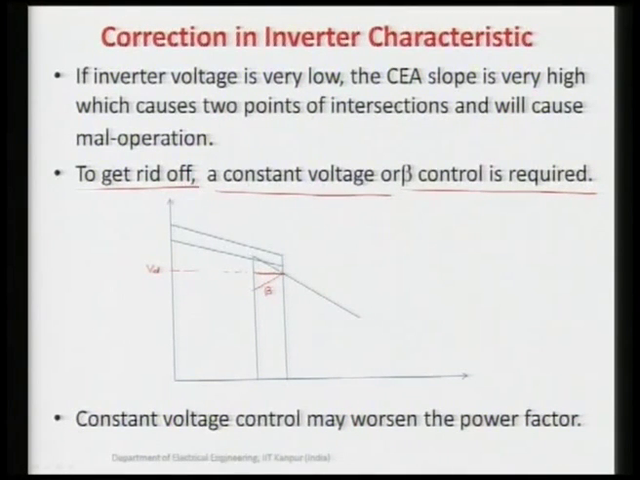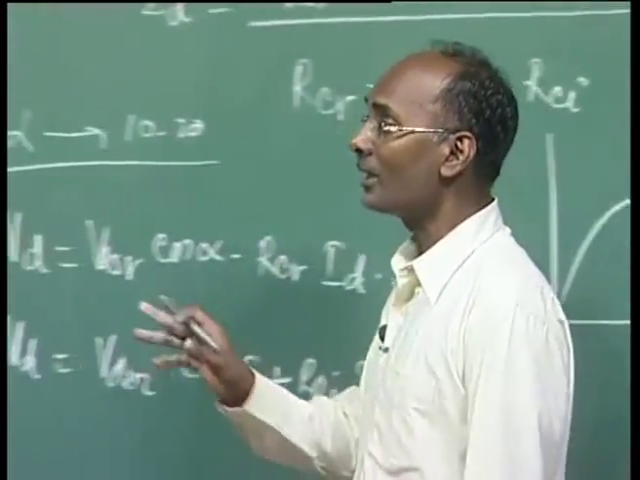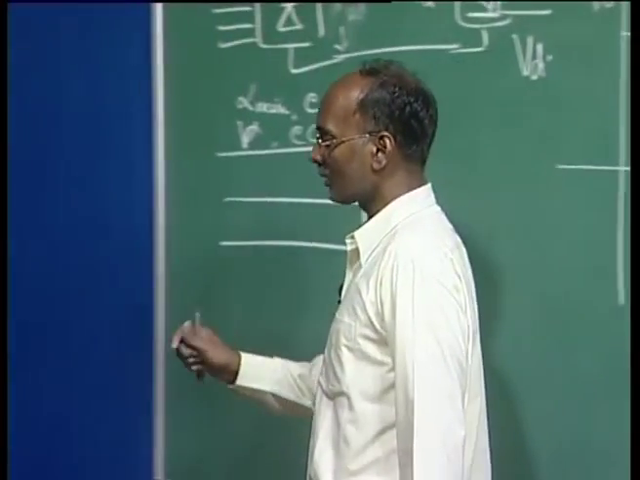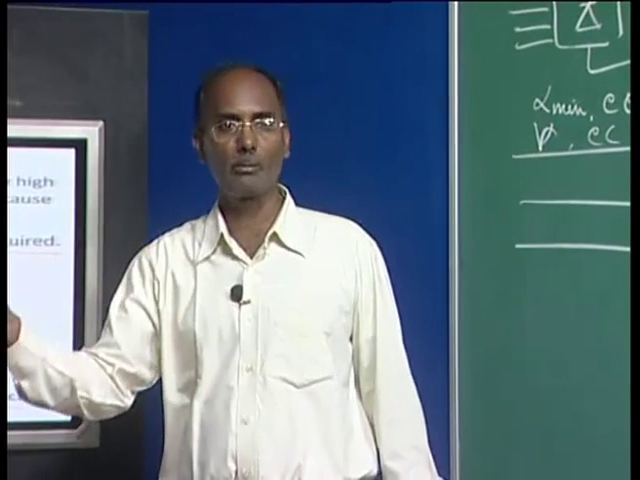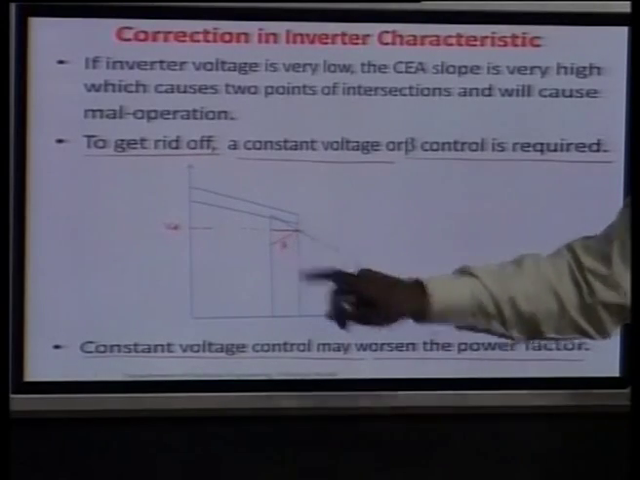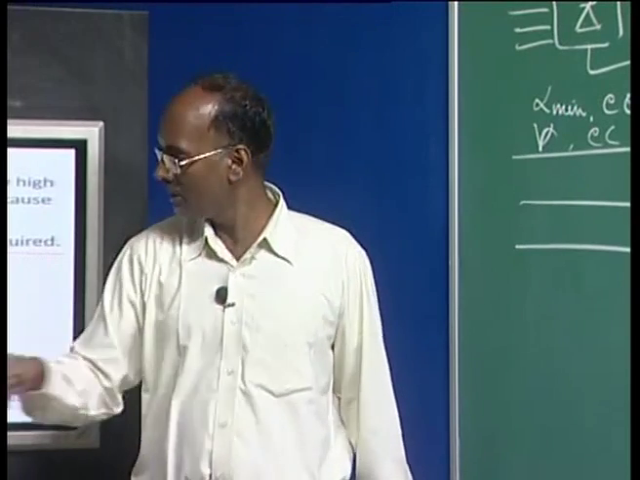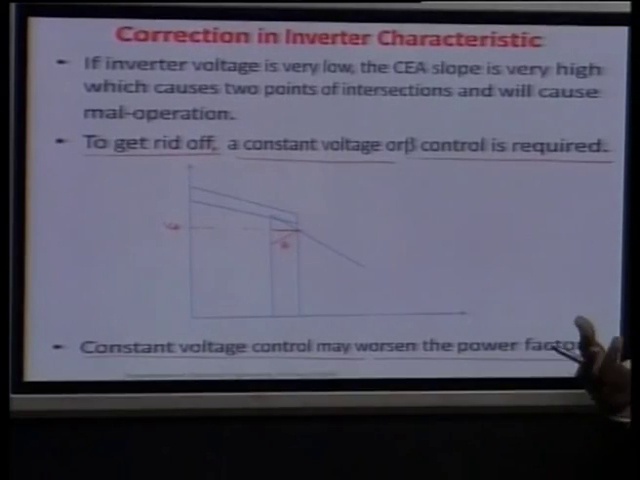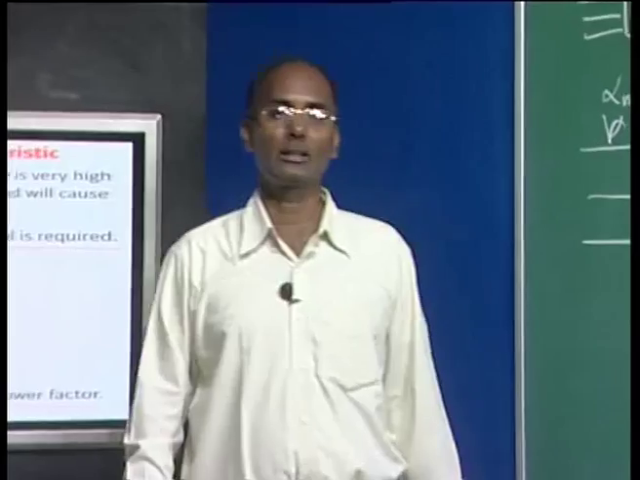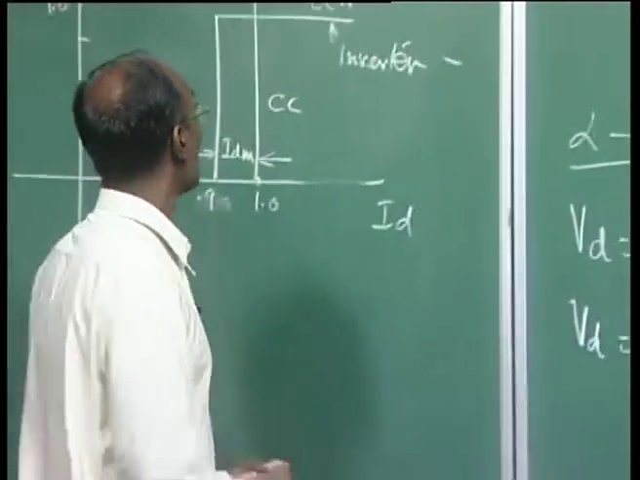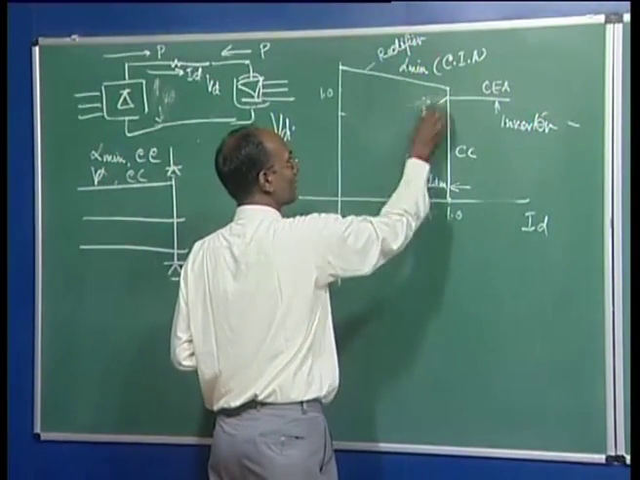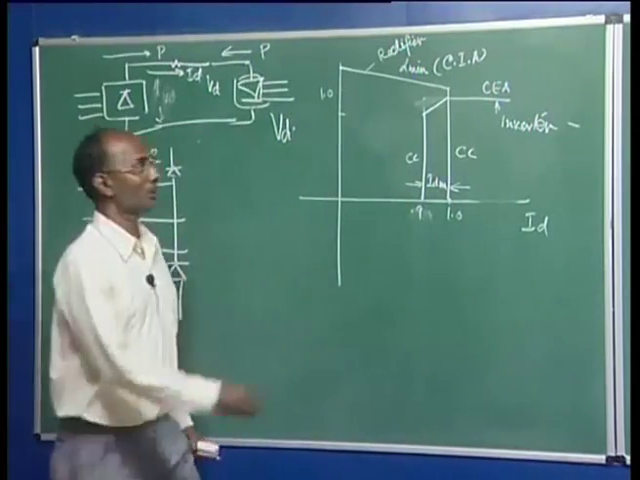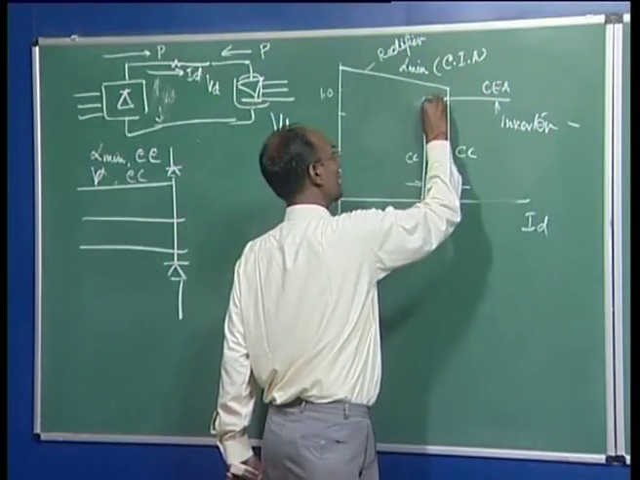Here the constant voltage control worsens the power factor. Constant voltage is not desirable because if you are maintaining the voltage, your beta may change accordingly to maintain that voltage, and then your power factor will be poor. But by assuring that you maintain a certain beta, in that range your power factor will be better. So it is preferred that we go for beta control rather than voltage control. Now this characteristic is changed and we are going to have this characteristic here. So this is the CEA, the constant beta control,